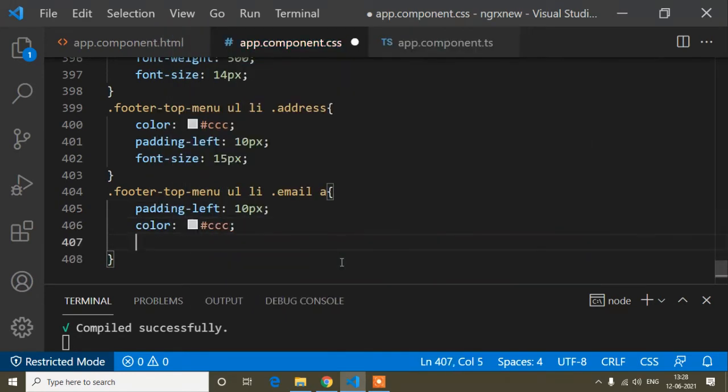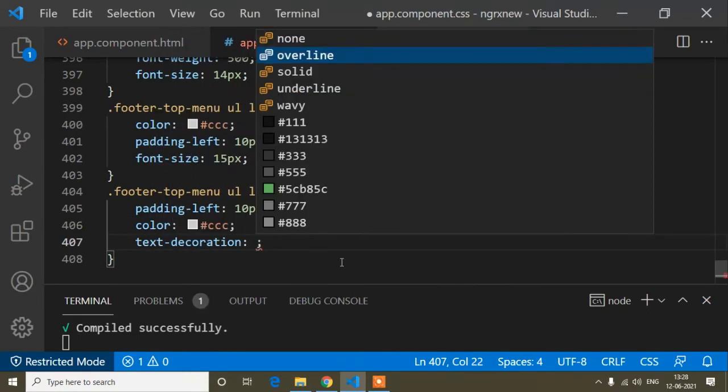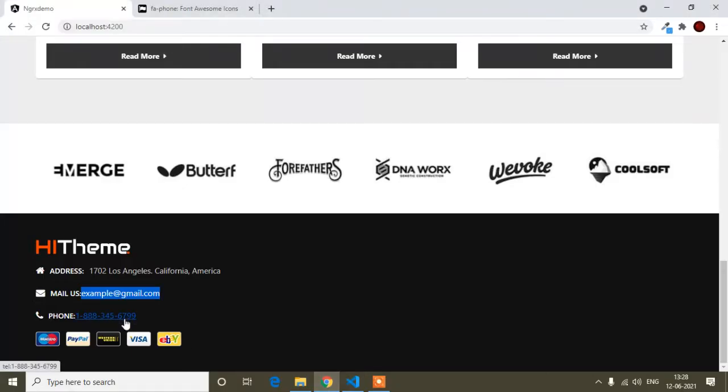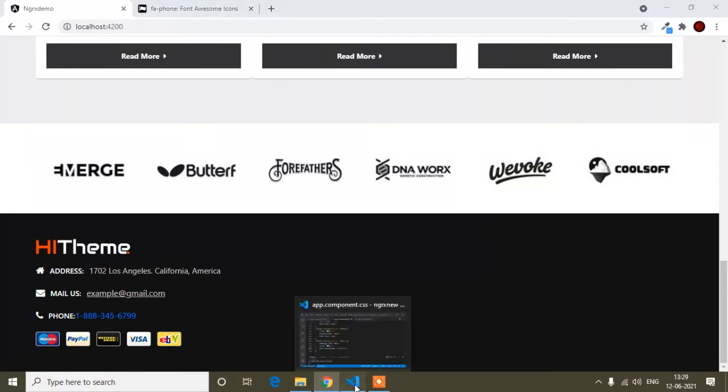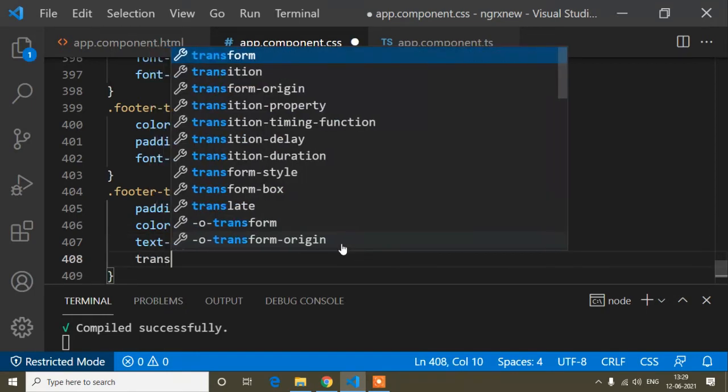this one. And text-decoration is underline. So I will show you, so you will find here the underline of this text. So text-decoration underline, and here I have to write transition, because I will add the hover effect.